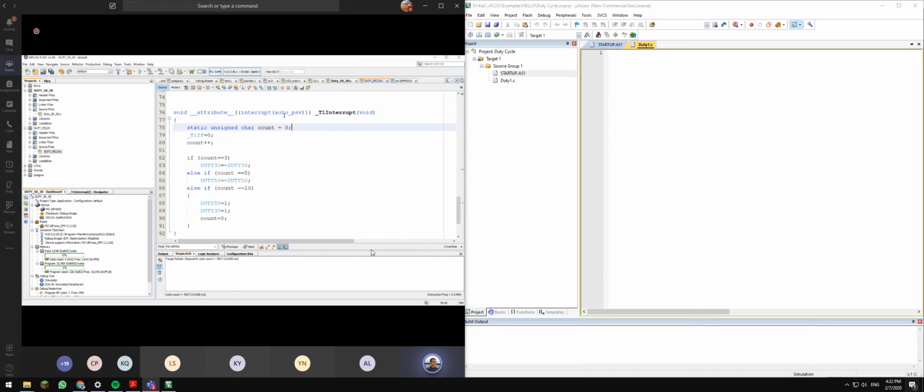Still remember, auto PSV is normally not recommended if you don't have a constant declaration inside your interrupt service routine. So then you should put no PSV. Is it okay, class? So how do you know whether it's auto PSV or no PSV? If I don't know how to write the appropriate function call for the interrupt service routine,